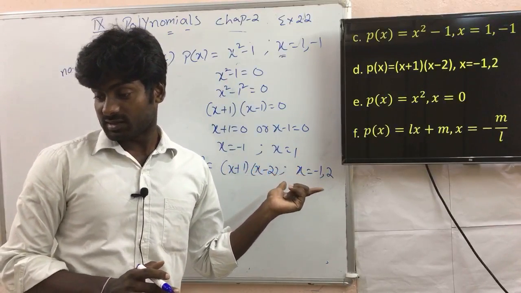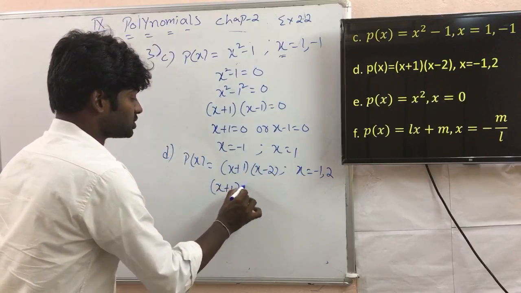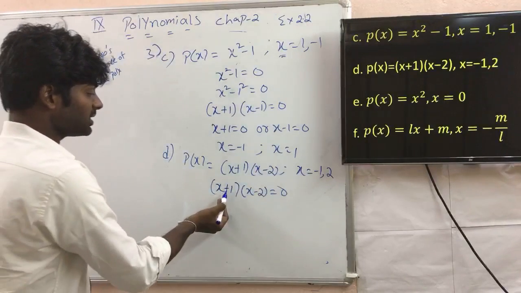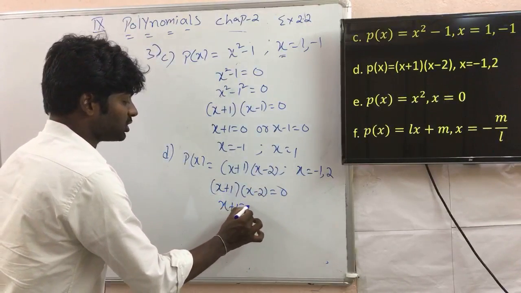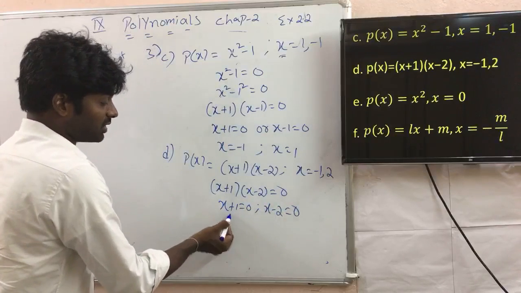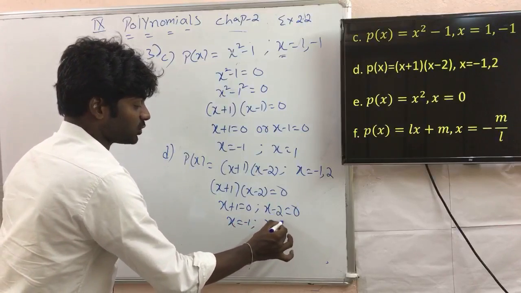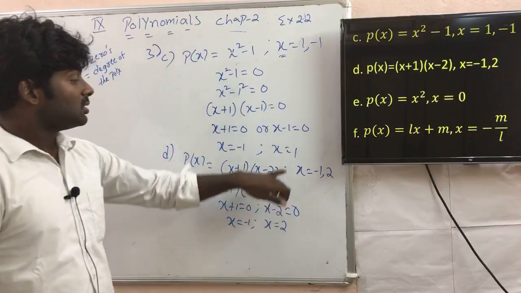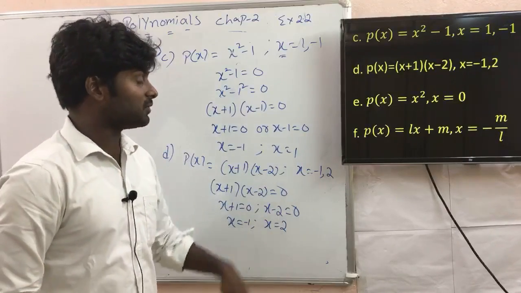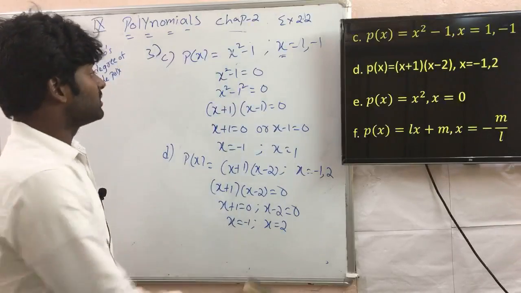Yes, Shivam has given yes. Check once. First of all, we have to equate with 0. Given polynomial equate to 0. That means either x plus 1 equal to 0 or x minus 2 equal to 0. Solving this, you will get x equals to minus 1. Solving this, you will get x equals to plus 2. So minus 1 and plus 2, yes, these are the zeros of the polynomial. So we can move with